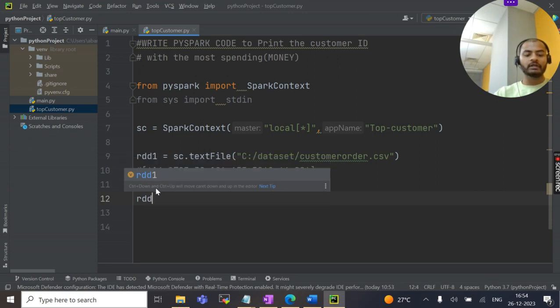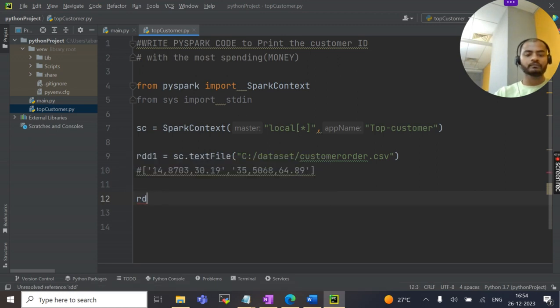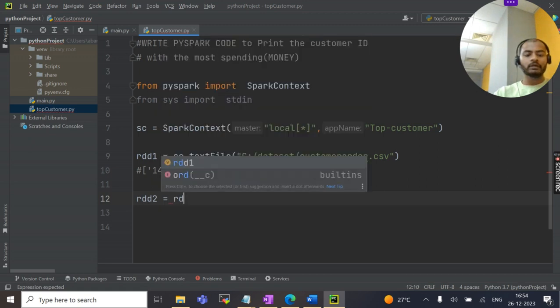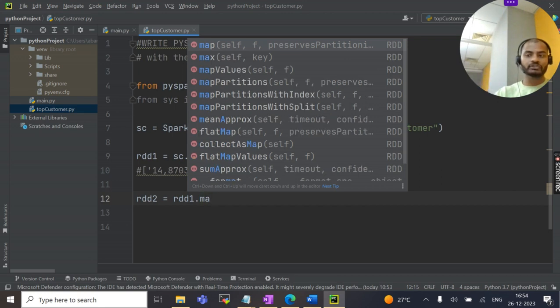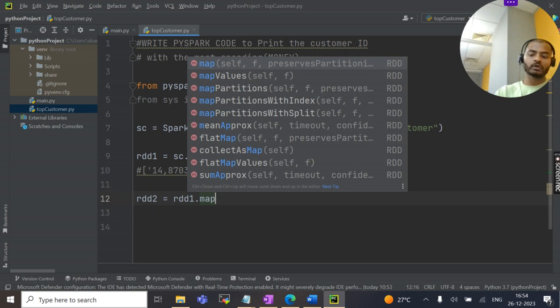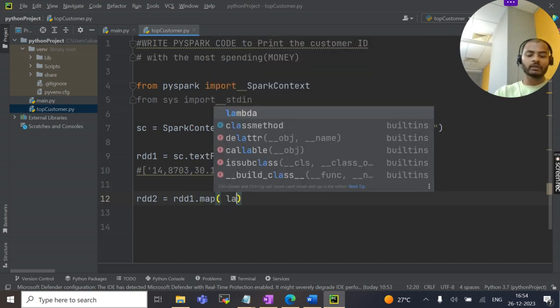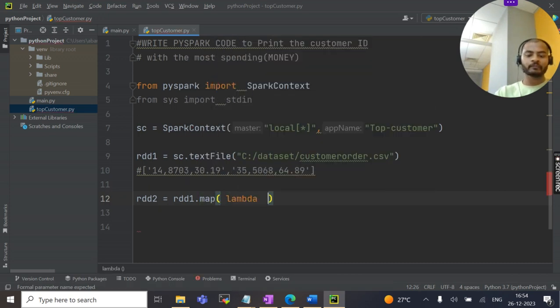So we are creating a DD2, DD1 dot map. We are using the map function. Why are we using the map function? I already explained it to you in the previous video. Okay, so we will write one lambda function here, and in the lambda function we will pass each